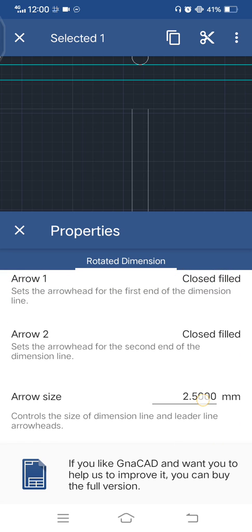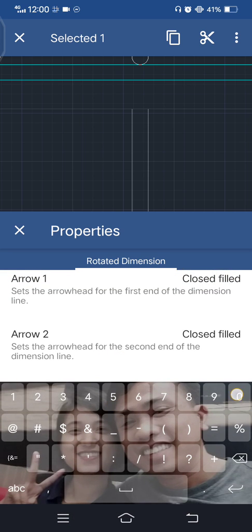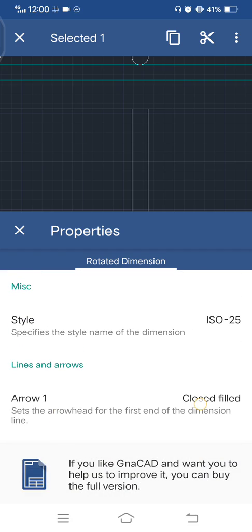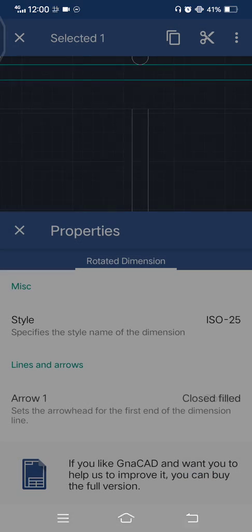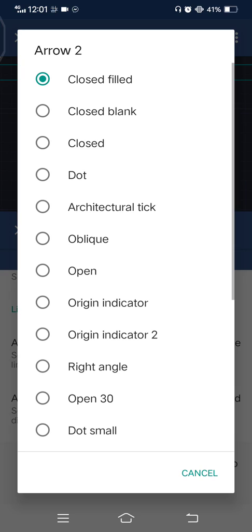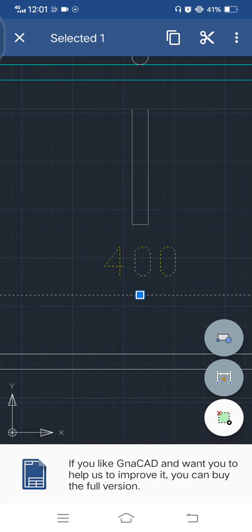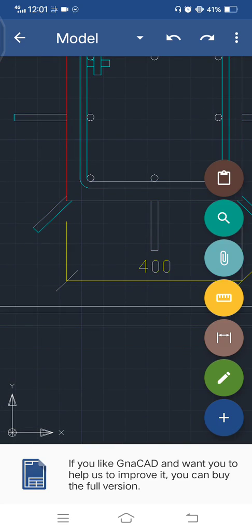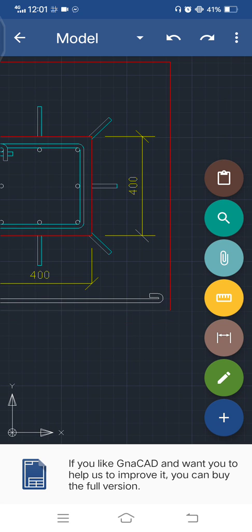The arrows should be 50 in size. Then oblique, oblique, that's okay. Next one,